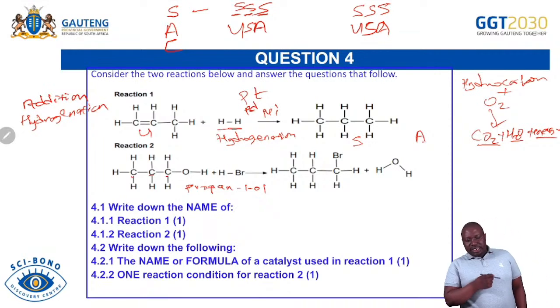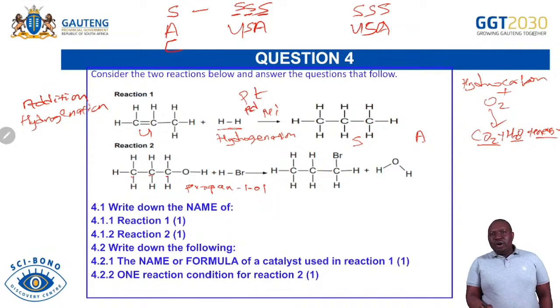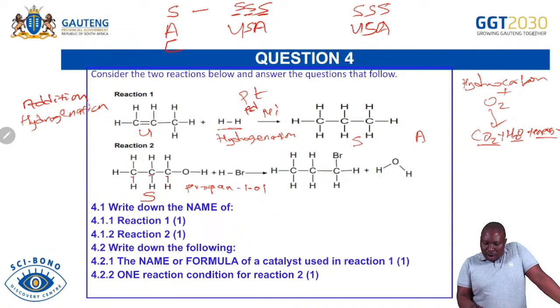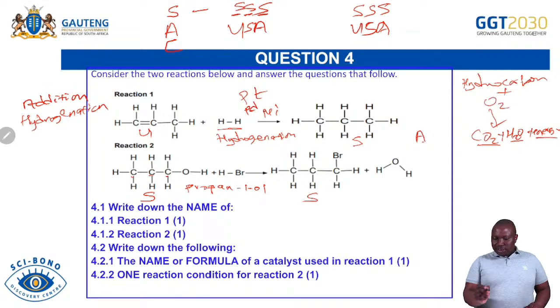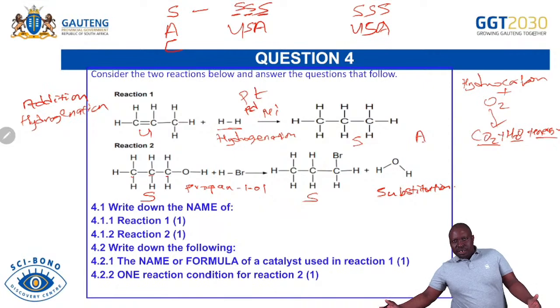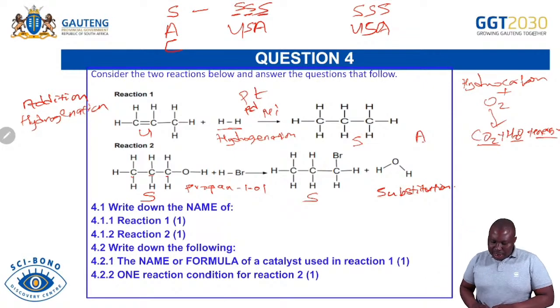So remember our strategy. We said, look, are there any double bonds or triple bonds there? The answer is no. Because there's no double bond, this is saturated. Then you go to the products to say, in the products, do we have any double or triple bonds? The answer is still no. So it's single forming another single. So you know that must be substitution. So it becomes easier for you to identify substitution. Substitution is when a saturated hydrocarbon, after reacting, remains saturated. So we refer to the reaction as substitution.